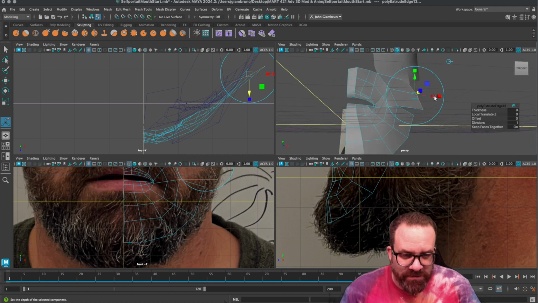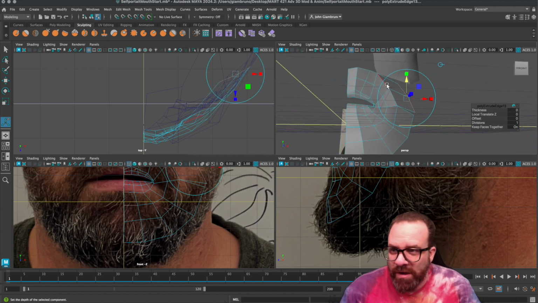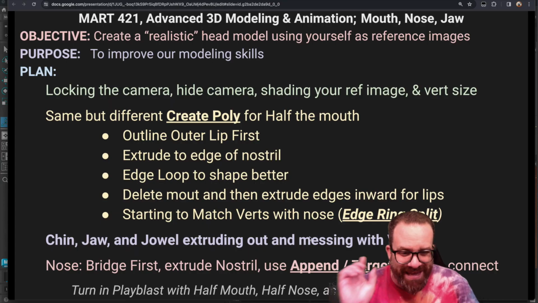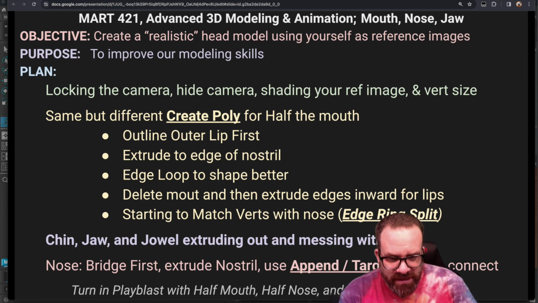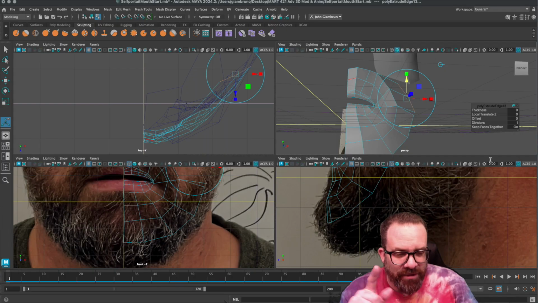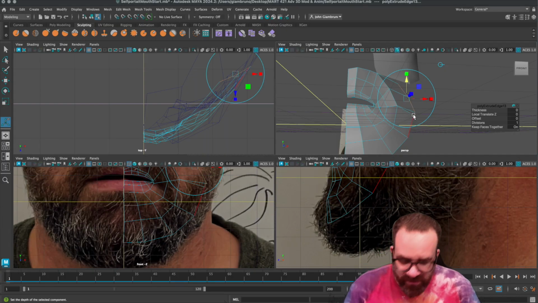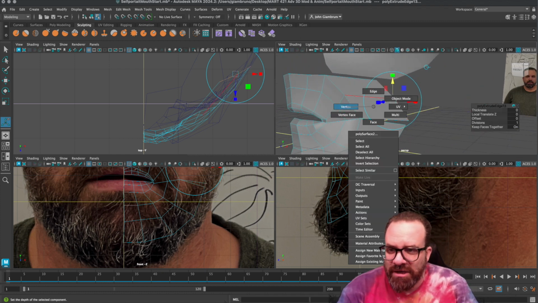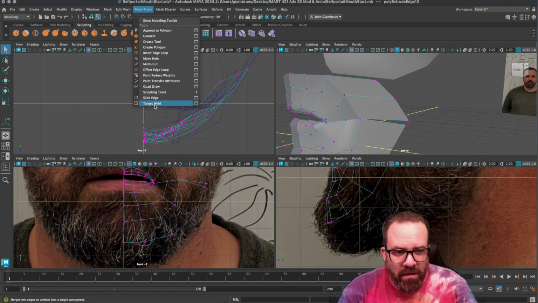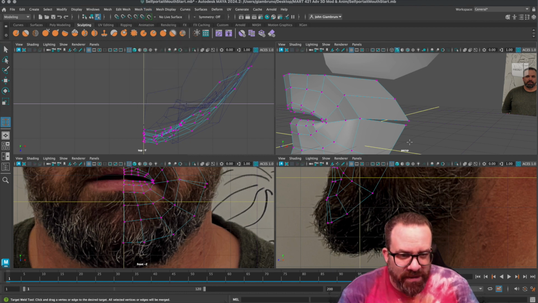So let me introduce you to another tool. There's two tools we're going to use to connect stuff. One tool is called append, and the other tool is called target weld. I haven't had to show you edge ring split yet, but I'll get there. So with this, I'm going to do a target weld to this vertex, and then they're all one piece. So right click vertex, I'm going to go to mesh tools, target weld, and I'm just going to grab here,